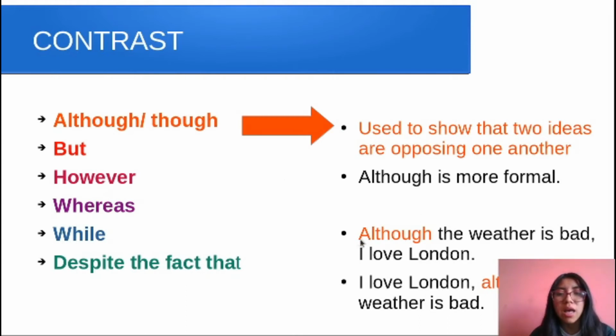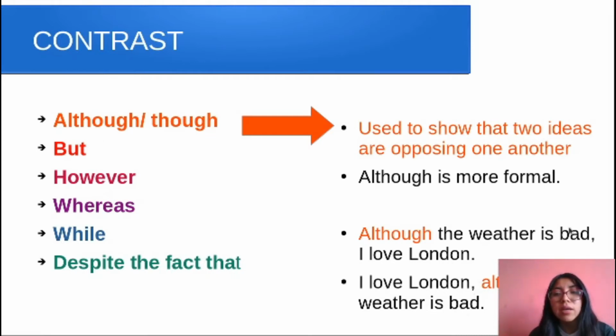You can use it at the beginning, although the weather is bad, I love London, or in the middle of the sentence, I love London, comma, although the weather is bad. So pay attention, as I said before, the two words are the same, you can use them in the same way, and you can use them at the beginning or in the middle of the sentence, and don't forget to use a